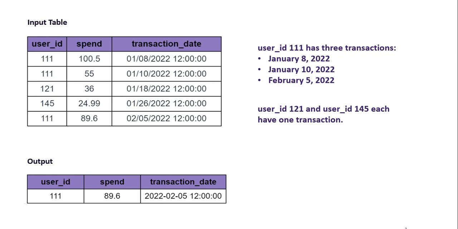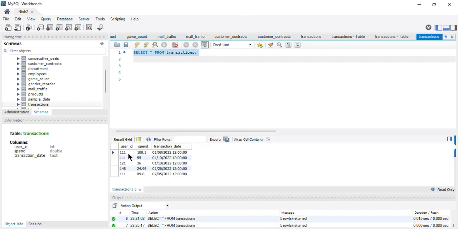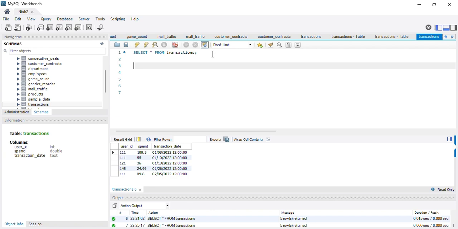Now let's write the query on MySQL Workbench, and there I'll explain the solution step by step. So let's get started. Here I have imported my transactions table. If I run this, I'll get my table here, which contains three columns, and now we have to write a query to find the third transaction of each user. To do that, as we already discussed, we will make use of a window function, the row number function. Why? Because the function helps us to assign a unique sequential integer to rows within a partition of the result set. In this case, we will do the partition on the user ID, since we want to find the third transaction of each user.